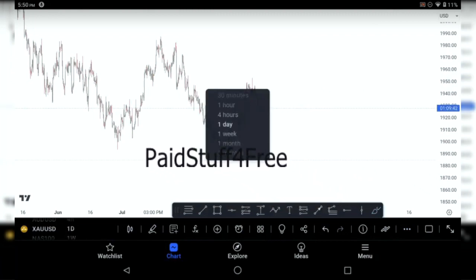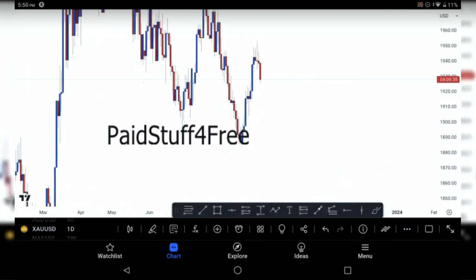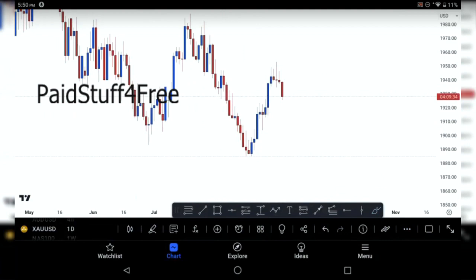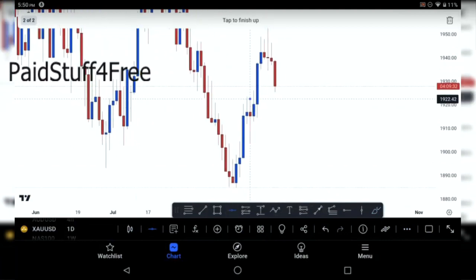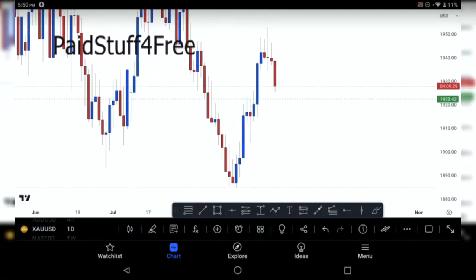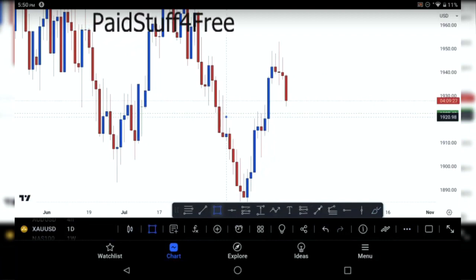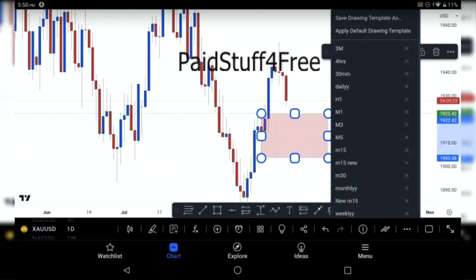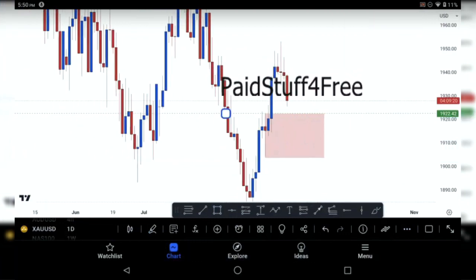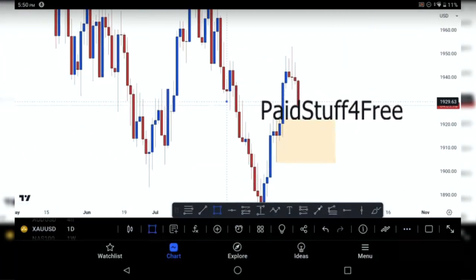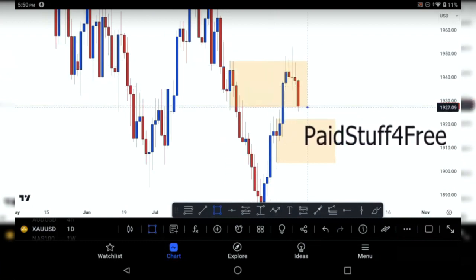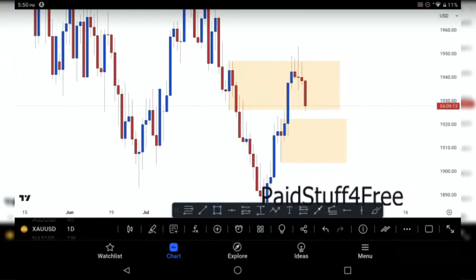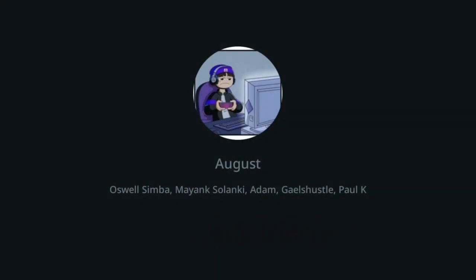So, daily. Let me explain something to you guys. Good. Now, this is a daily buy zone. You guys agree with me? This is a daily buy zone. Yes. And then this right here is a daily sell zone. Am I correct? Yes. Now the direction is we are selling from this daily sell zone to this daily buy